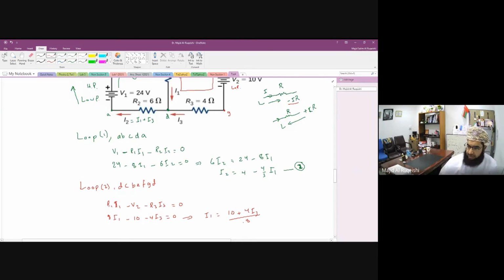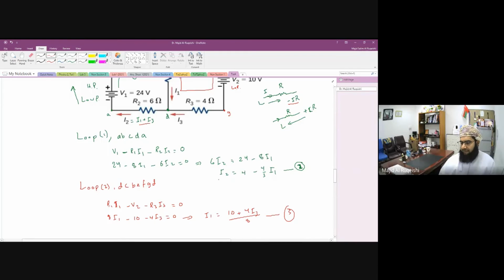Okay. So this is equation number 3. In this equation, you can see now we are relating I1 with I3, okay? And here we are relating I2 with I1. We still need more information, but we also have this one at the beginning here, okay? So I2 is just I1 and I3. So if you can substitute I2 by this one,